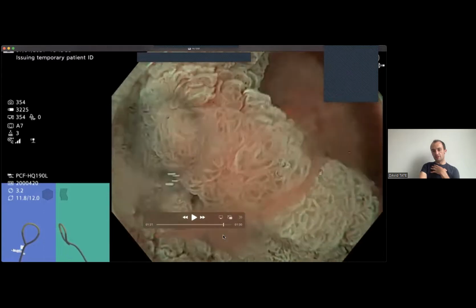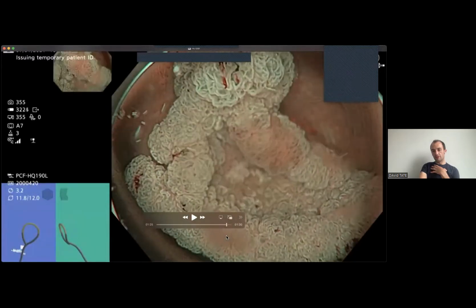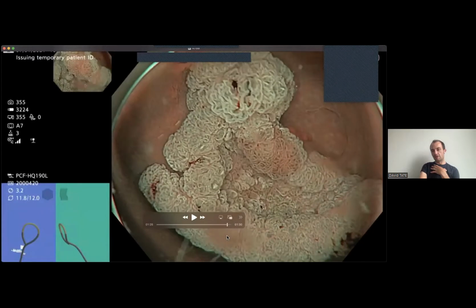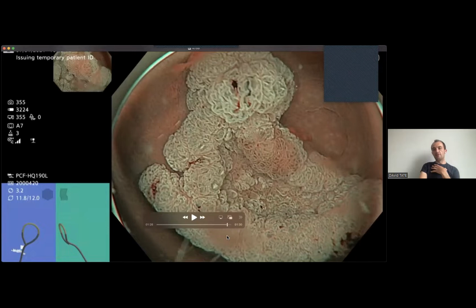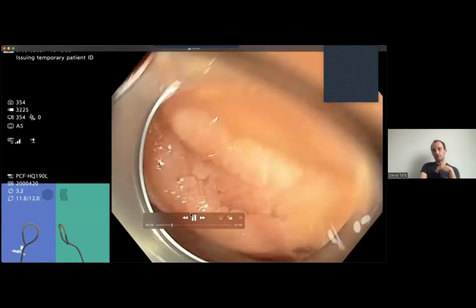Sometimes that can really help you. What about like that? That's probably the clearest view we've had of it, isn't it? And would you agree that it looks pretty regular? Yeah. Okay, so therefore, we don't have a demarcated area for cancer. So we then need to think about the other four things which might determine the risk of this polyp having cancer. So what were those? Can you remember?